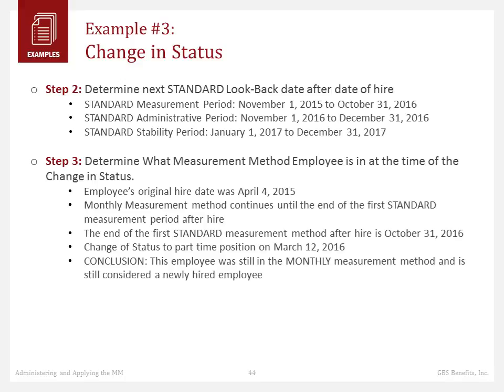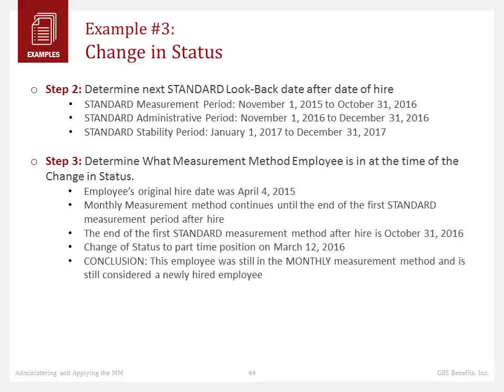Okay, so let's talk about this. Employee's original hire date was April 4th, 2015. The monthly measurement method continues until the end of the first standard measurement period after hire, the end. So in other words, remember, because this employee was reasonably expected to be full-time at the time of hire, and this employer elected to use the look back for all